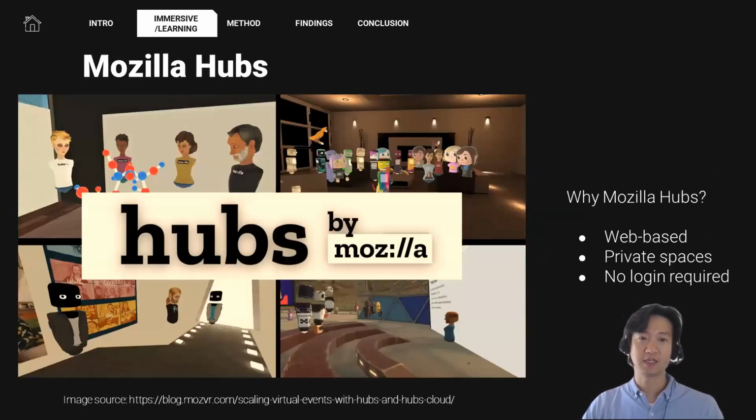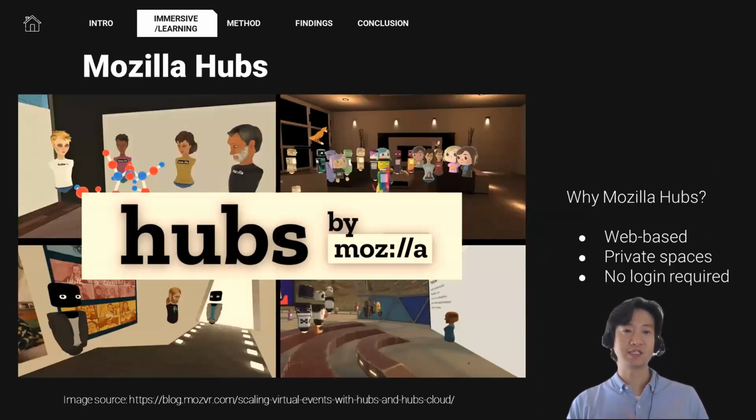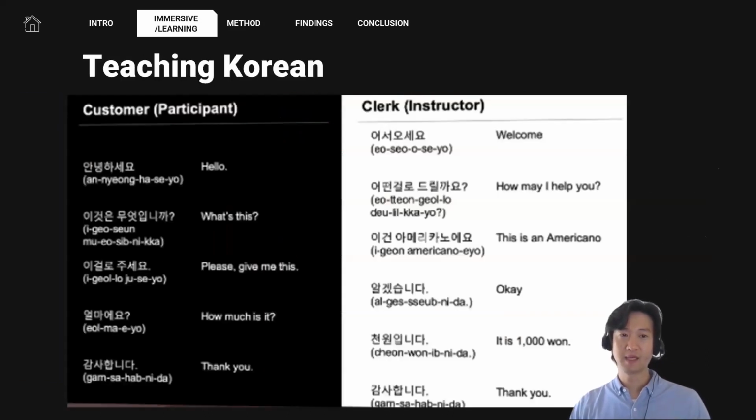Among the social VR platforms, we selected Mozilla Hubs because it is web-based and a totally private space. If you share the link, people can come to your own virtual space, and you don't need to log in. This is a real benefit for research purposes.